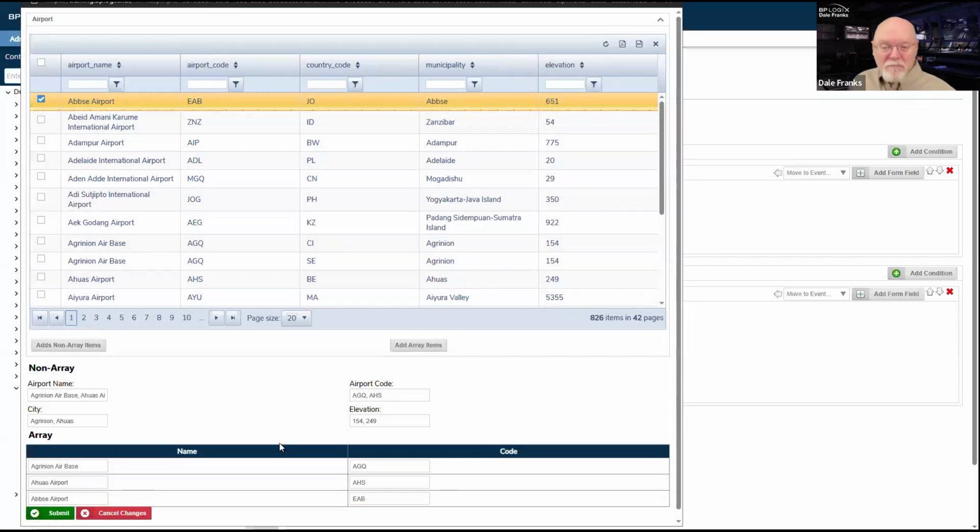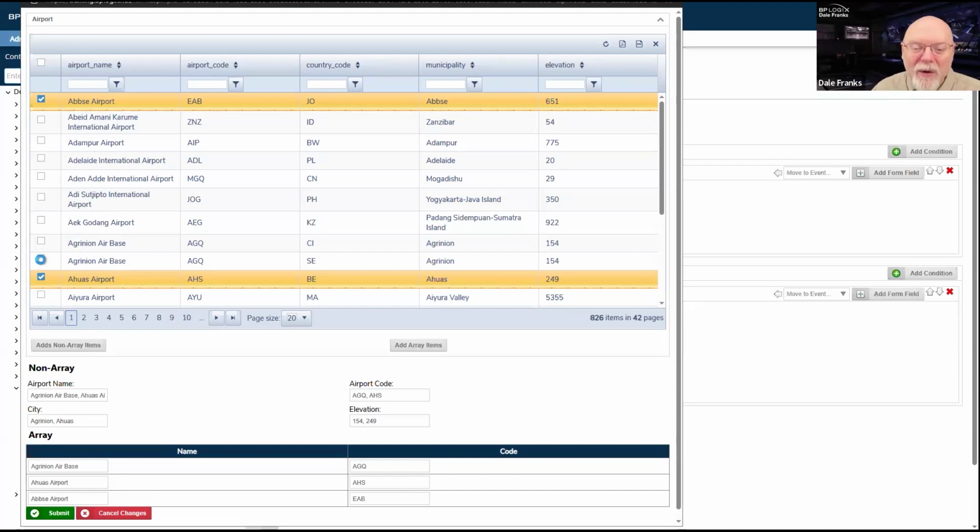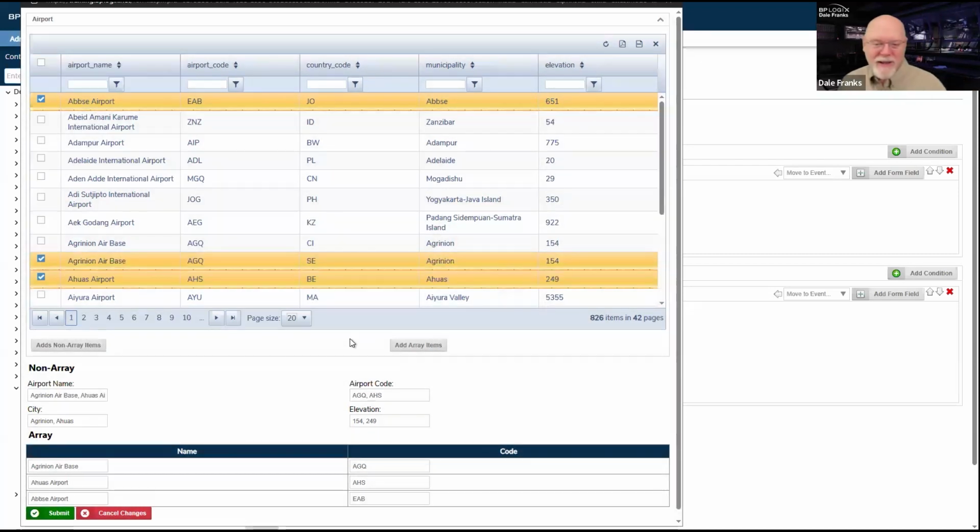Okay, that's cool. We're fine. It just adds my single item. However, if I go back, what did I have? Ahuas Airport. So that was checked. And then what was the other one that was checked? Abse Airport. That was checked. Okay. And then there was Agrinion Air Force Base. Okay, fine.